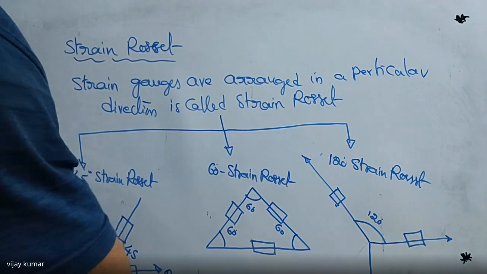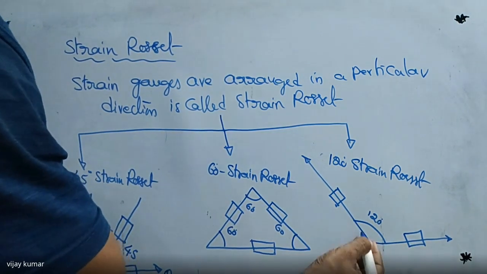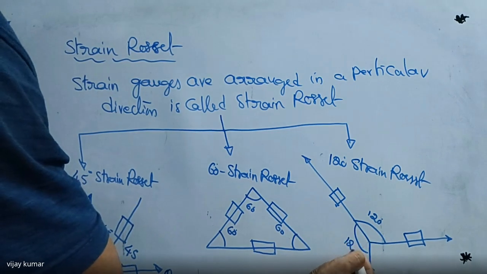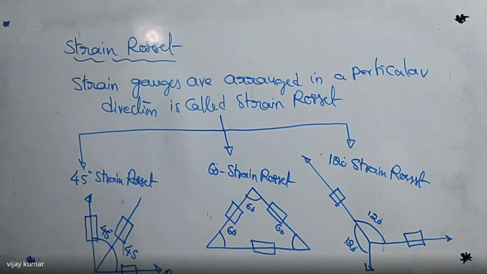Can indicate like this up to this one. So this angle is also equal to how much? 120 degrees. Or you got my point here. So 120, 120 and 120. So then we are getting here 360 total angle.